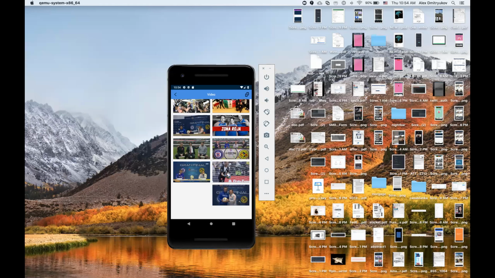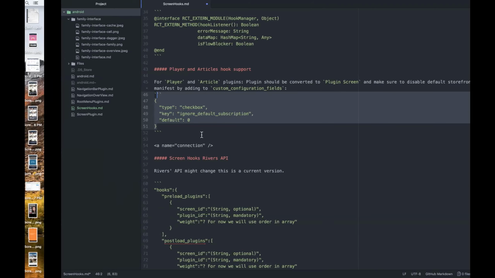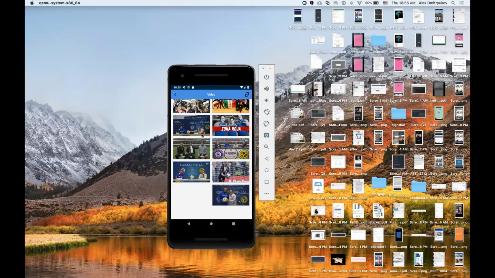Also, another thing for the player is that some players might have the default storefront interface, and it's strongly recommended to disable this logic, as screen hooks should be used instead of the storefront, and we would probably work on the storefront pre-hook.